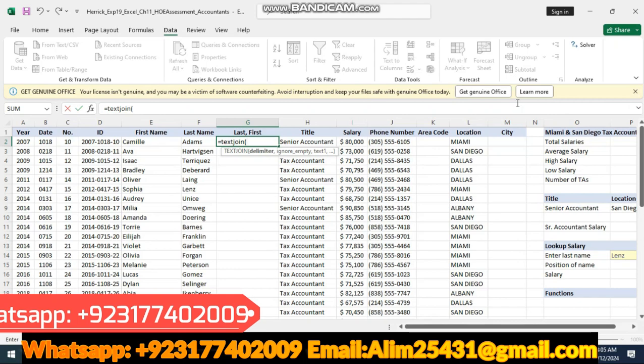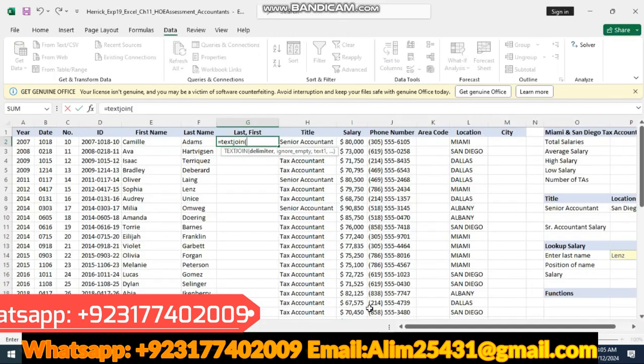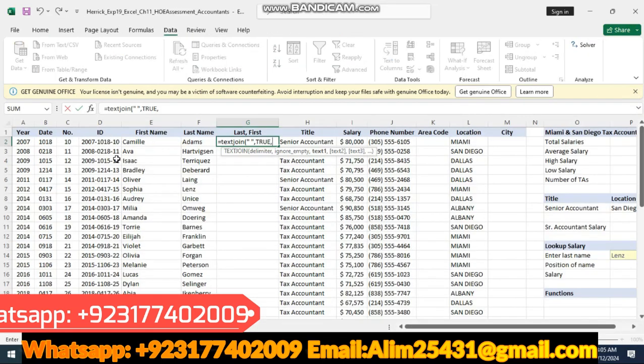We will start our bracket. We will use the delimiter as a comma and space delimiter. And what we will use, we use the true, while we will, and text1 will be Adams Camille. So we will go to the Adams, that is our text1, and our text2 will be Camille, and we will close our bracket, and here we will